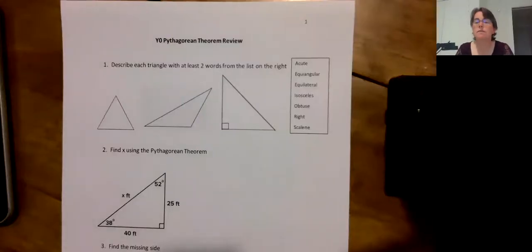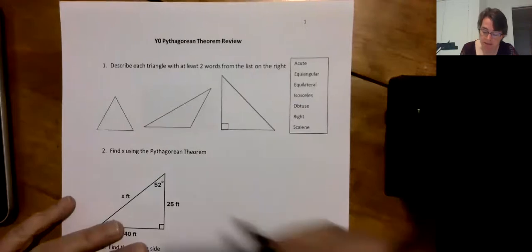Hi there, this is a review of the Pythagorean theorem. If you can complete the questions on this page, then you should have no problem with the rest of the workbook. All right, so the first one says, describe each triangle with at least 2 words from the list on the right. So this first one,